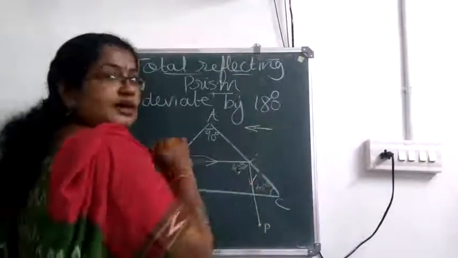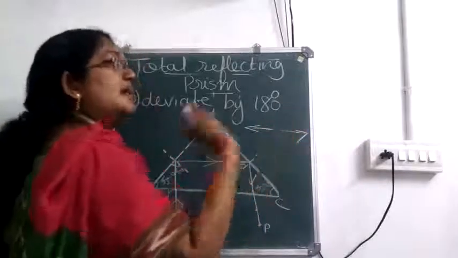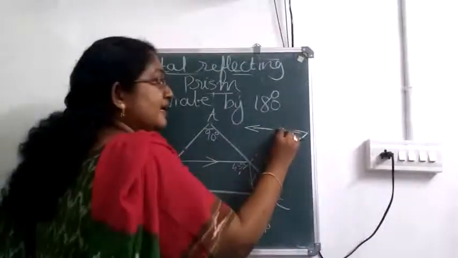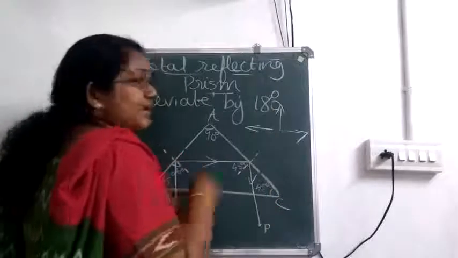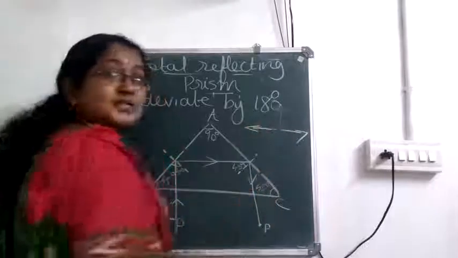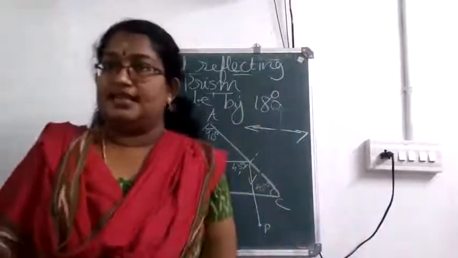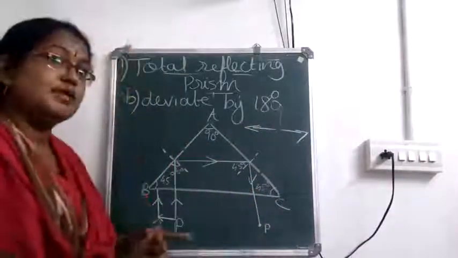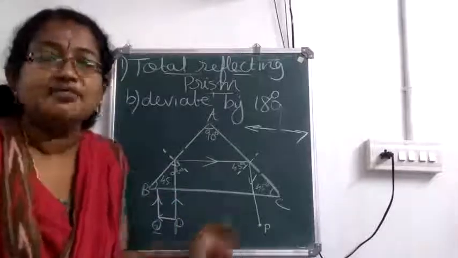ഇങ്ങനെ കിടക്കുന്ന ഒന്നാണെങ്കിൽ 180 ഡിഗ്രി ഡീവിയേഷൻ എന്ന് പറഞ്ഞാൽ അത് അങ്ങേ സൈഡിലേക്ക് പോകും അല്ലേ. ഇങ്ങനെയാണെങ്കിൽ this will be 90 degree deviation. If one is like this and the other is in the opposite direction, that will be 180 degree deviation. So here our aim is to rotate or deviate the ray by 180 degree.